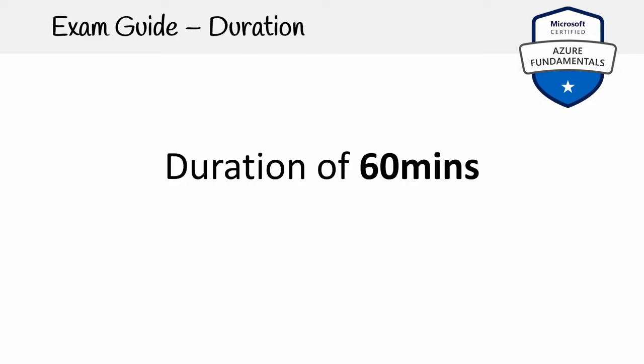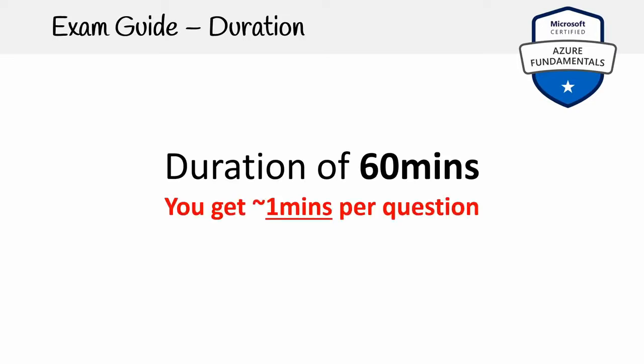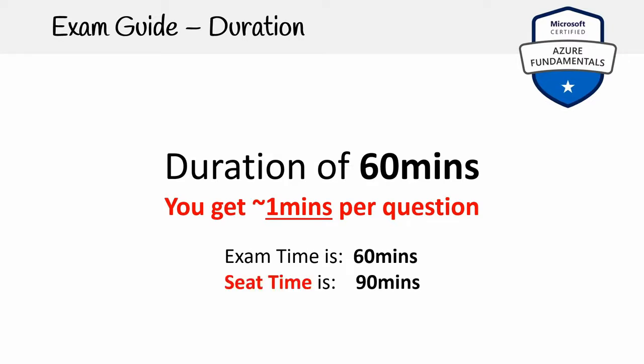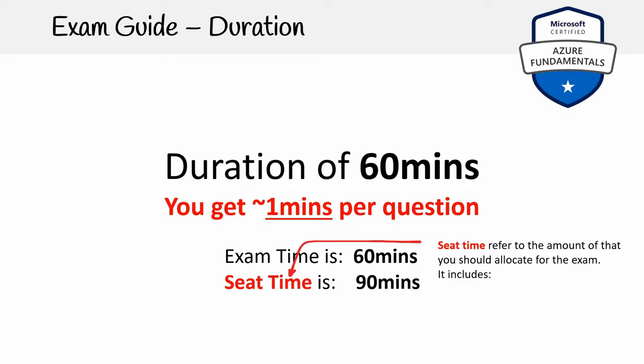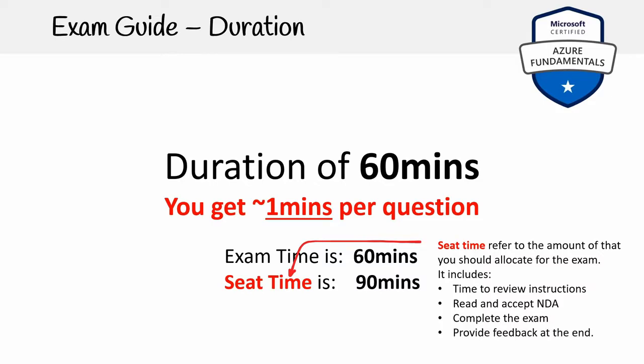And the duration of the exam is 60 minutes. So that means you get 1 minute per question, roughly. But the exam time is 60 minutes, while the seat time is 90 minutes. Seat time refers to the amount of time that you should allocate for the actual exam, which includes reviewing the instructions before you start your exam, re-accepting the NDA, completing the actual exam itself, which is the exam time, 60 minutes, and then providing feedback at the end of the exam,